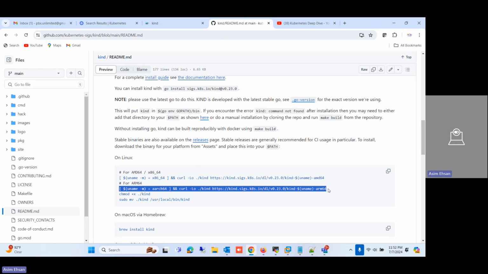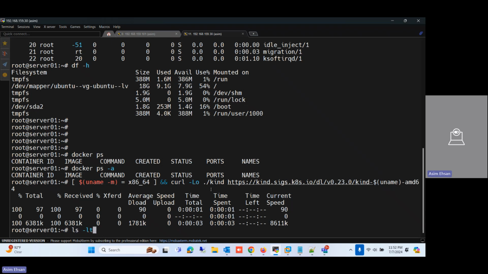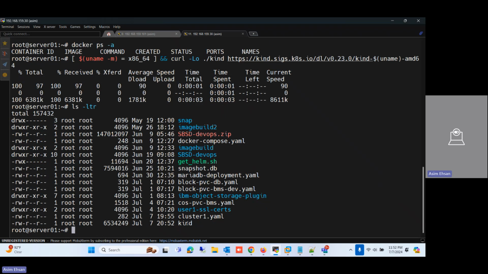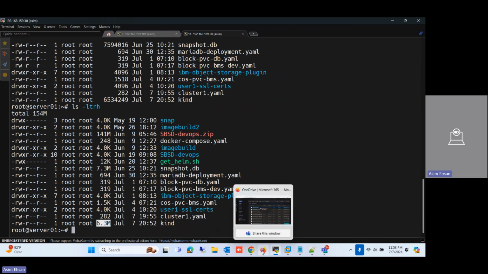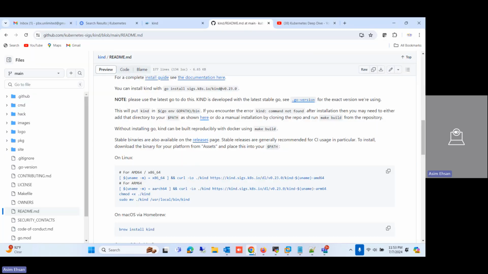This is for ARM. So I download the binary. I will show you ls -ntr. You can see the kind binary file is downloaded, and its size. Let me check. Yeah, it's about 6.3 megabytes. So what next I need to do,